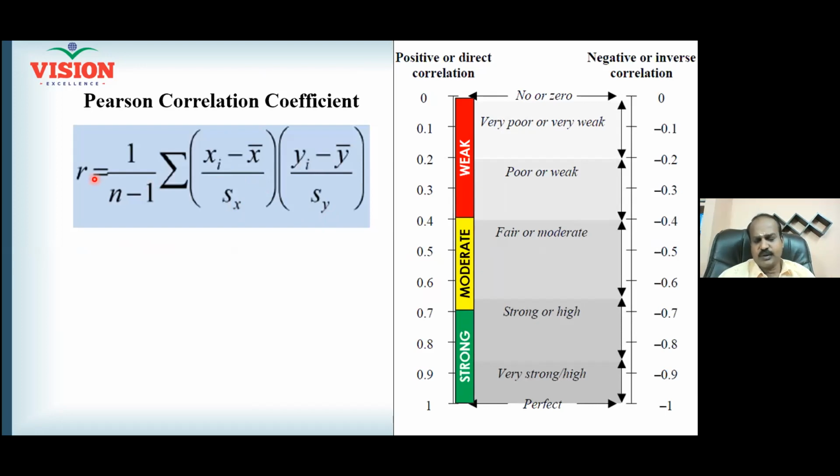And as you already know, the R value, the Pearson correlation coefficient, will range between -1 and +1. Whether it is -1 or +1, you say the relationship is perfect. If it is 0, you say there is no relationship or no correlation. So 0 to 1 is positive correlation and 0 to -1 is negative correlation. 0 to 0.4, weak correlation. 0.4 to 0.7, moderate correlation. 0.7 to 1, strong correlation. You can also use the other classification like very strong and very weak, right? So this is how it is.